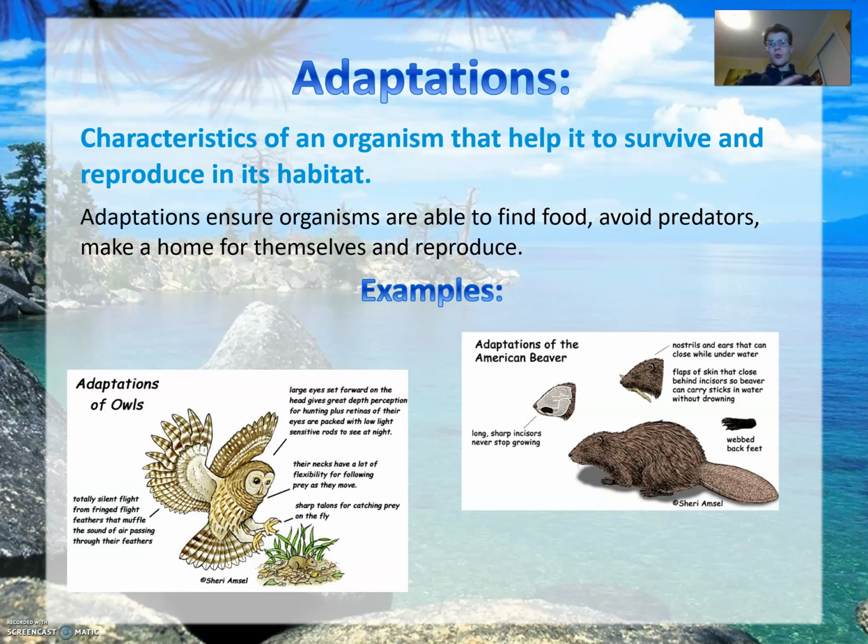Whatever characteristic, whatever adaptation an animal has, you'll generally find some sort of reason why that animal has that adaptation. For example, an owl will have wings because it helps it get around, it helps it fly. It'll have really sharp talons because that helps it catch its prey, its mice, and it'll have really big eyes because that helps it see in the dark. Beavers, they have thick fur because that keeps it warm in the water, a tail to help it build dams, and really sharp pointy teeth so it can gnaw through sticks.